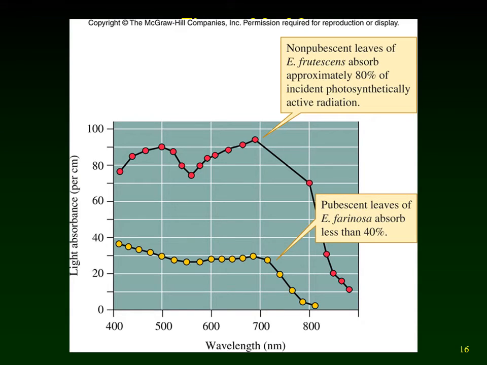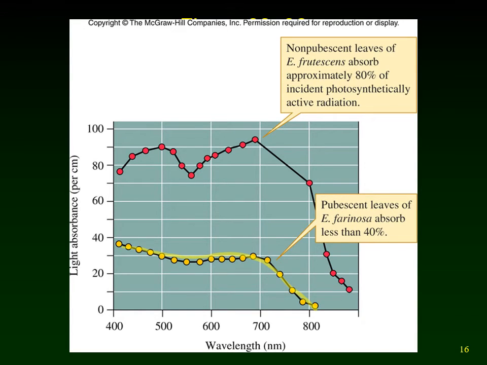When we look at two species of the Encelia, the one that was in the video that they talked about was the Farinosa, and that had the little hair-like structures on the leaves that reflected the light, so it keeps it from warming up quite so much. So if we look at the Farinosa, that's the lower line with the yellow dots. The Farinosa then has